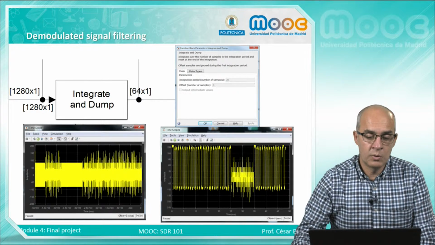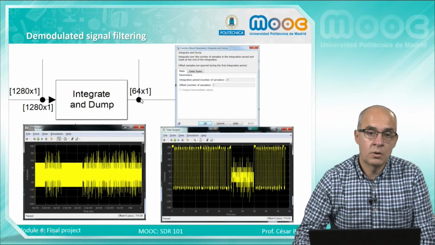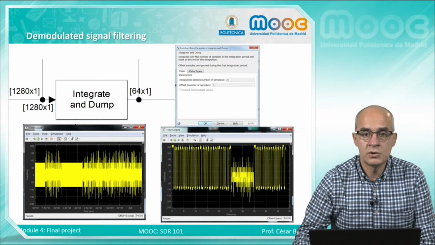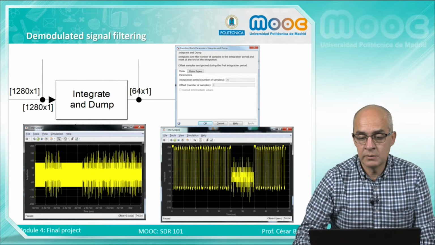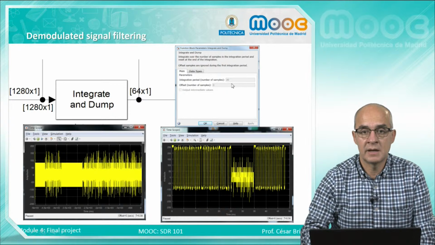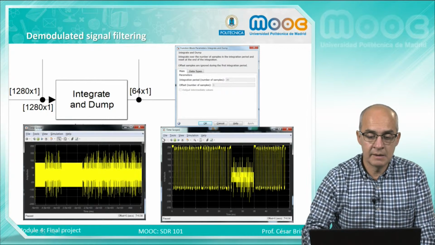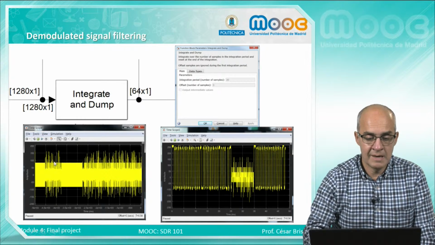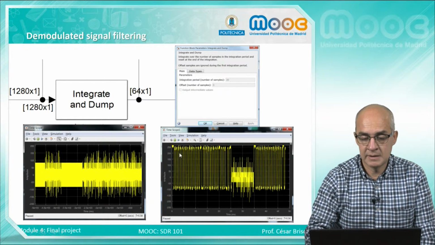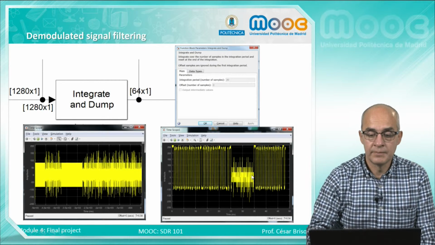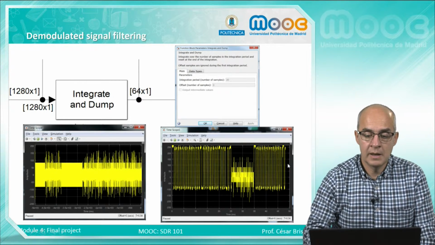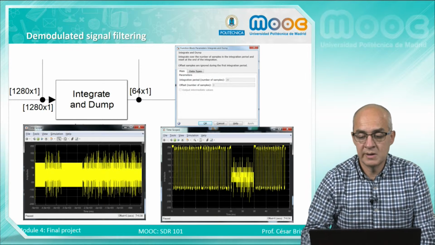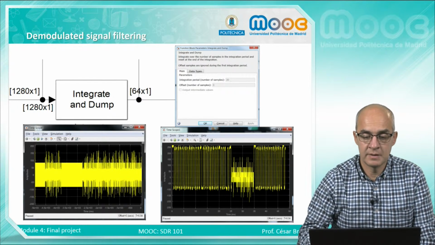Then after the demodulator we'll put the integrate and dump or low pass filter. This integrator is using a high integration factor. Here I have 20 samples as integration factor, and you can see clearly the effect on the signal. This is the input signal, this is the data and noise with a lot of peaks, and this is the output signal where we can see clearly the pulse, and this is some noise. FSK has a high noise at the output, so it's necessary to fit the low pass filter very well.